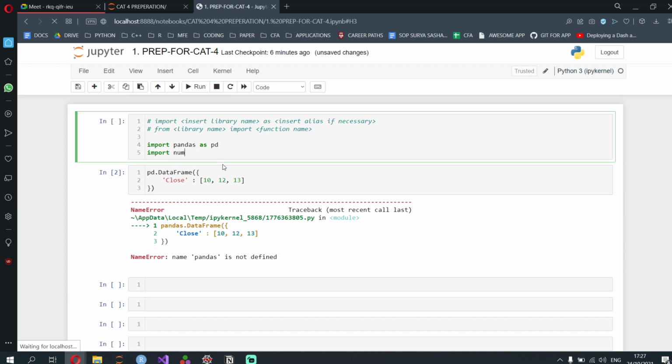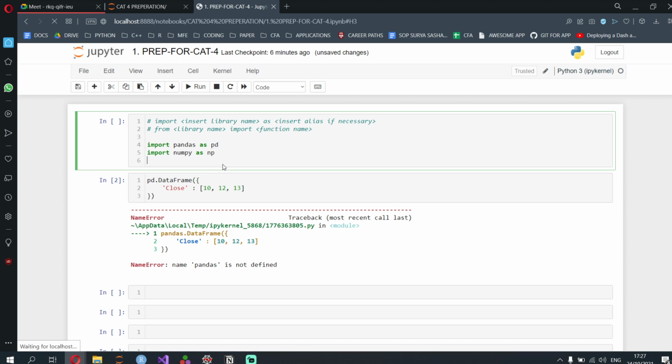Okay, so import numpy as np. And how I came up with these names is I didn't. You don't come up with these names. These are aliases that are used everywhere. And for matplotlib, remember that you always need to put import matplotlib dot pyplot as plt. You don't want to import the entire matplotlib. In matplotlib, there is a module called pyplot, which is Python plotting, and you import that with the alias plt.